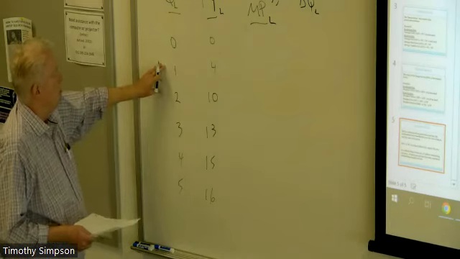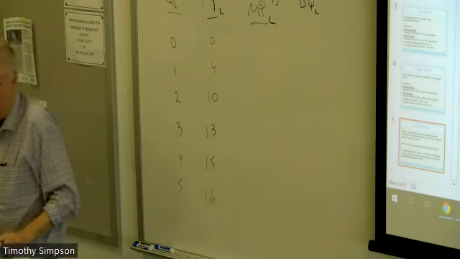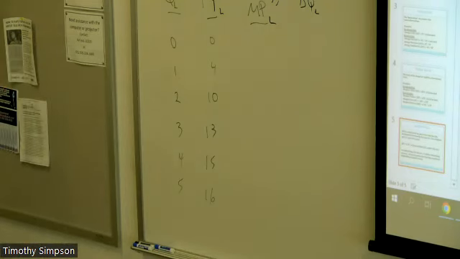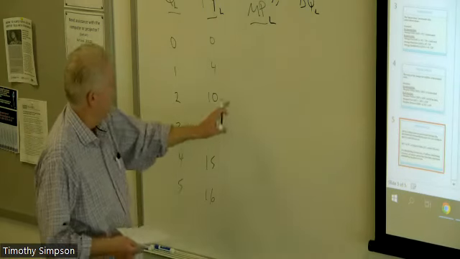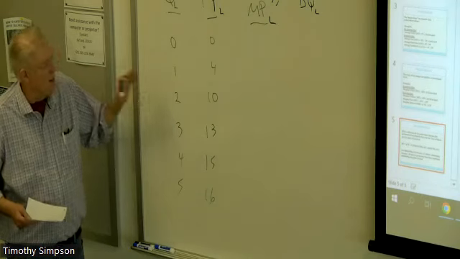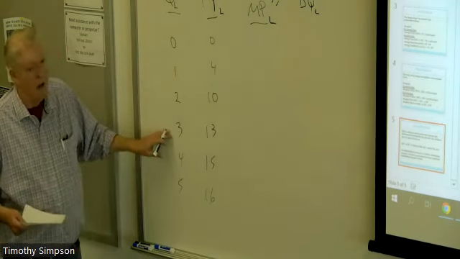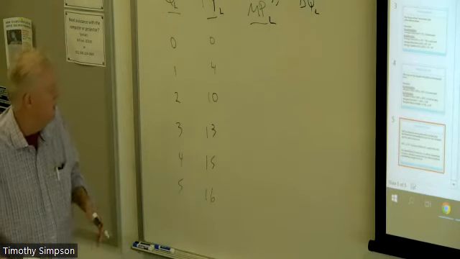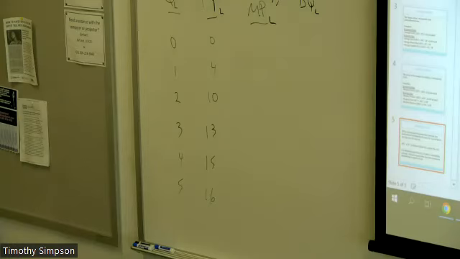So we hire 1 worker and now they produce four units. Whatever the units are that's being produced per day, 1 worker produces 4 units of output, and that is a good thing. We hire a 2nd worker, now we're producing 10 units. Well, that's good that we're getting more production. In fact, there's an incremental increase, and we'll talk about that in a minute. We hire a 3rd worker, now the total output of that particular unit is 13. Another worker goes to 15, another worker goes to 16. So that's considered to be a good thing because we're getting more production.